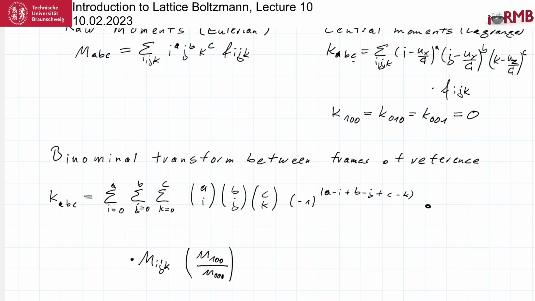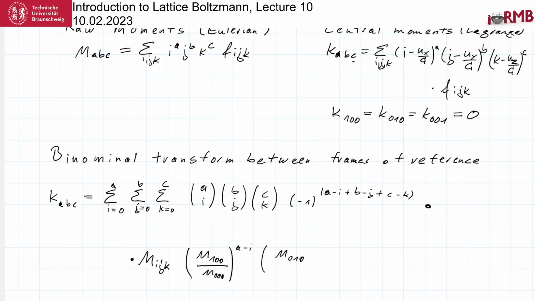So you can also define moments to be normalized. If they are normalized, this means that M_000 is defined to be 1, right? Or the distribution is already defined to be in integral 1. But we have non-normalized moments. So this goes to the power of i, a minus i,